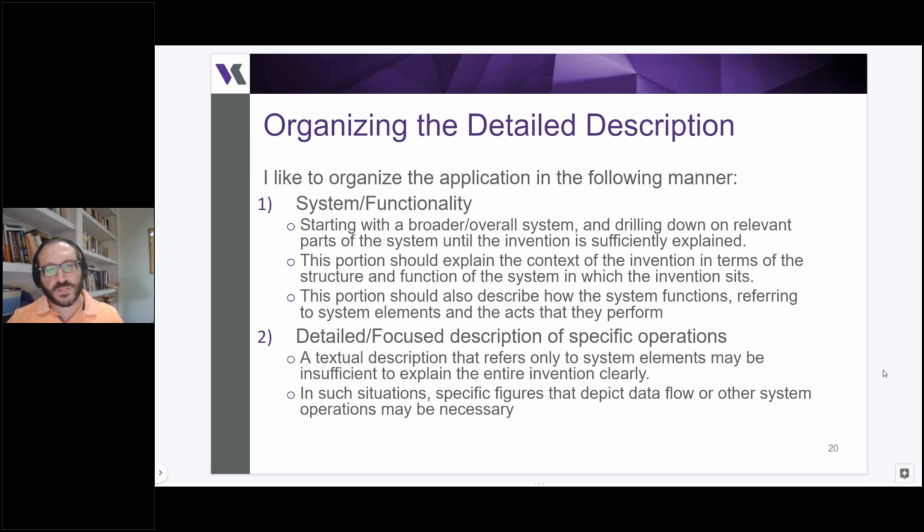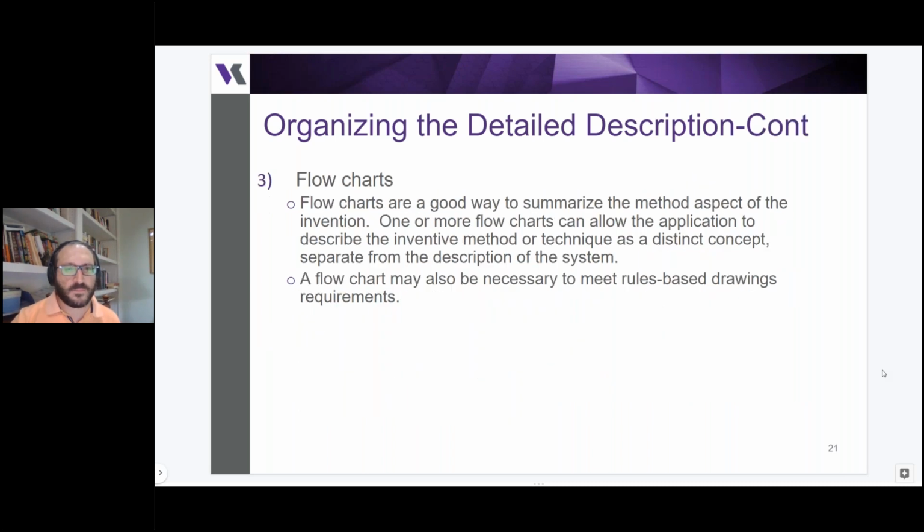So again, the second part, which is this sort of graphical representation of the transformation: it might be the case that a textual description of the operations is not sufficient to explain the invention clearly. And so again, I like to include these specific figures that show what happens. And then for the flow diagram,